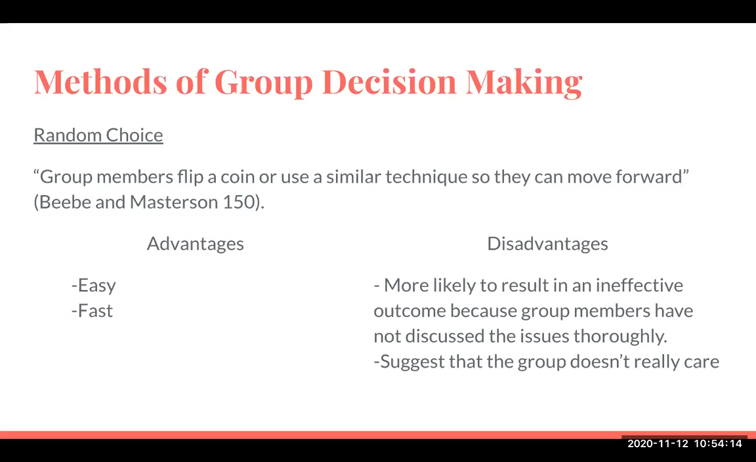Another way that you can make decisions is through random choice. So that's flipping a coin, drawing straws, any of those similar techniques. It's fast and it's easy. If you just need to make a quick decision and it doesn't impact that much, this can be a good choice. The disadvantage of random choice is that it's more likely to result in an ineffective outcome because group members have not discussed the issues thoroughly. And it can suggest that the group doesn't really care about the outcome because the only deciding factor is random